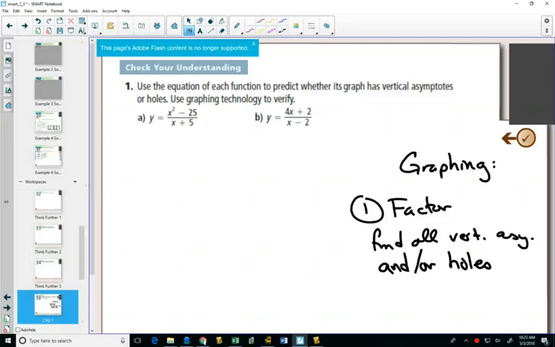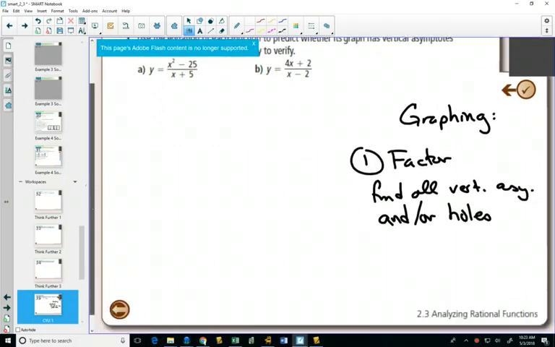It's going to be the first thing that we're going to do. So first thing, vertical asymptotes and holes. You're going to find that by factoring. Second thing for graphing,